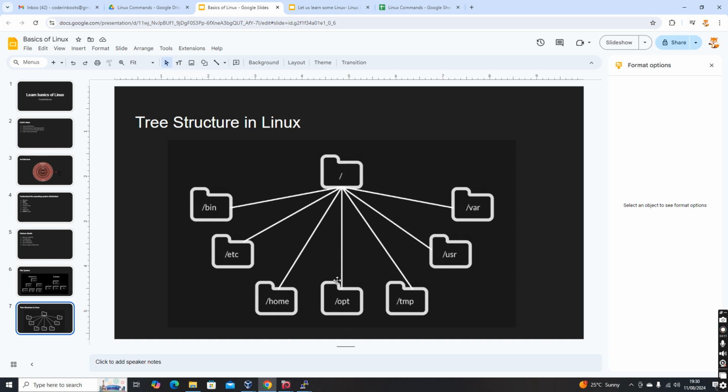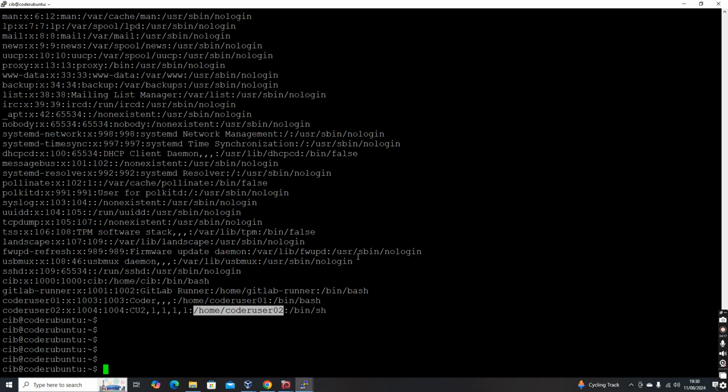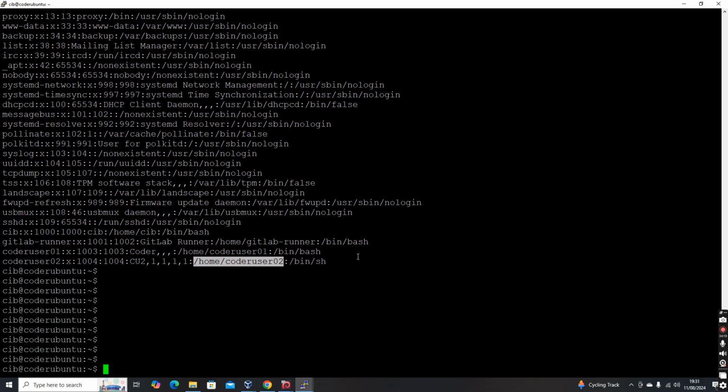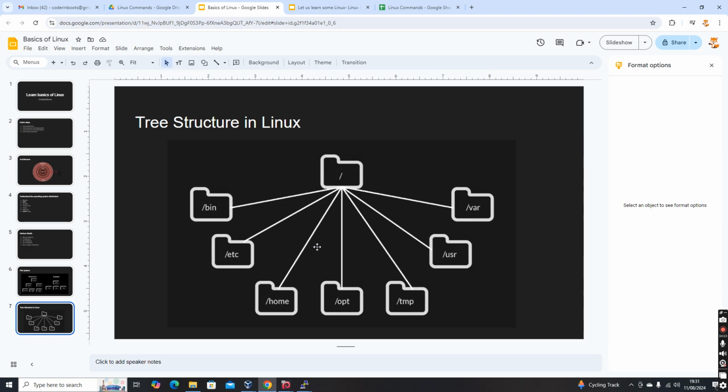Now /opt. /opt is a place where you can keep your applications deployed. When you install the default or system services within Linux, they go either inside /usr, or the data goes inside /var.